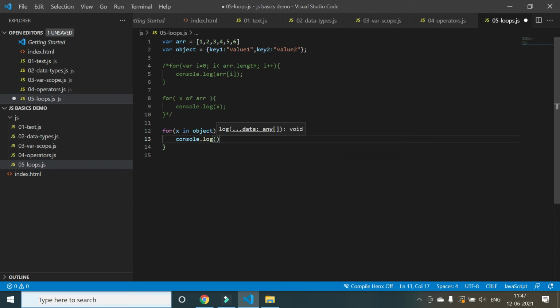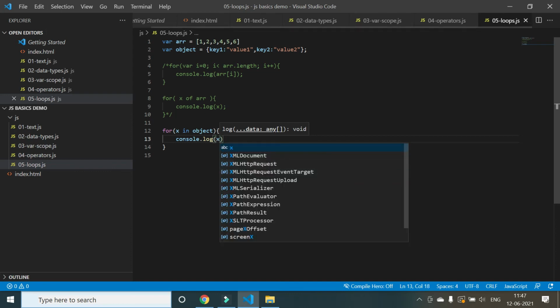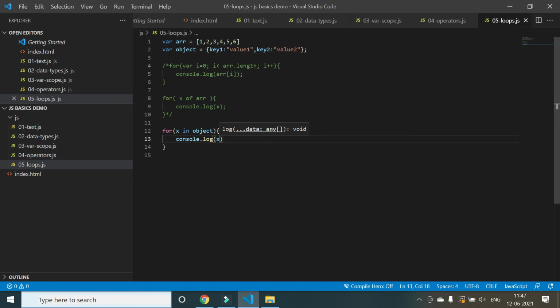If you're not sure what is coming as part of x, just console log it, then you will know what is the value inside it. That is the way you print and debug. Let's suppose I'm expecting that it will loop through this object and assign some value to x, but I don't know what value it will assign.